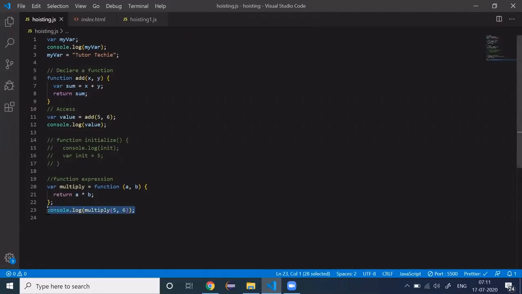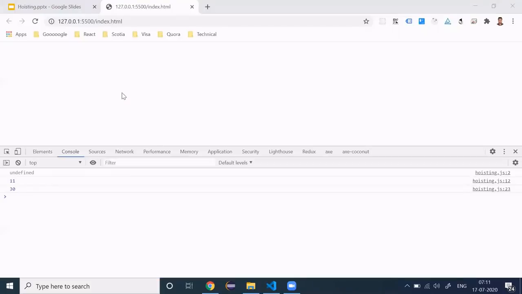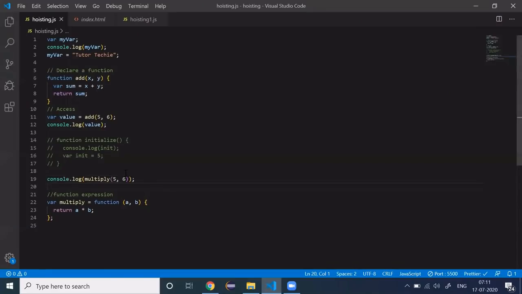Now let's move this before declaration, save it and then run it. What is it saying? Multiply is not a function. Why is it happening? Because this function expression is not a function declaration. It is actually a variable that contains the function.